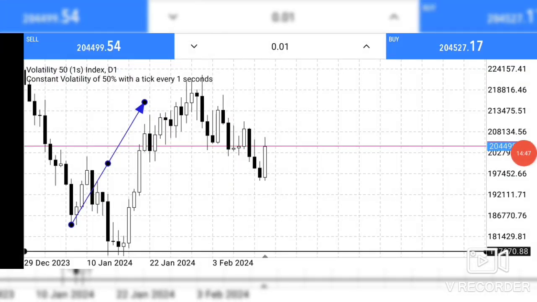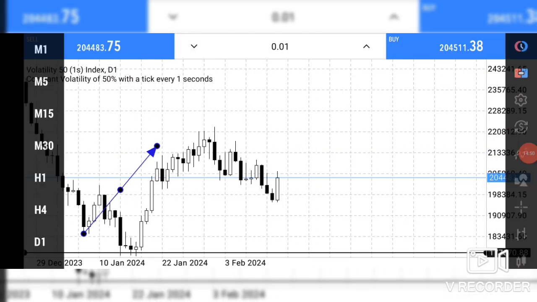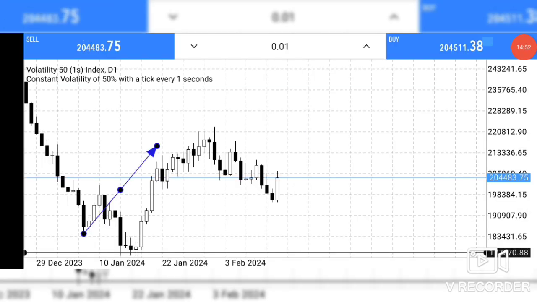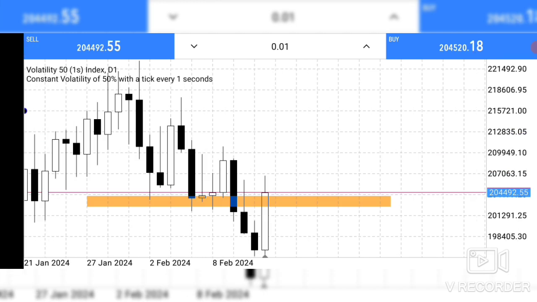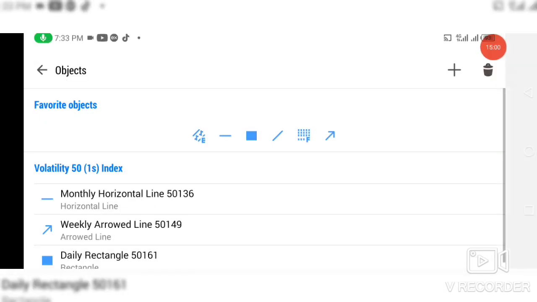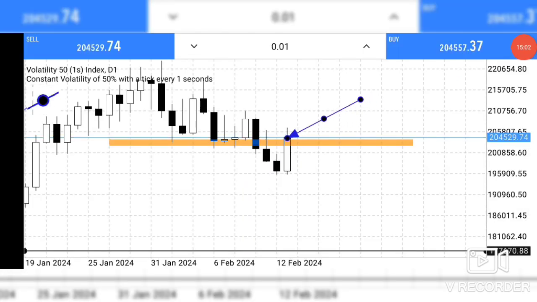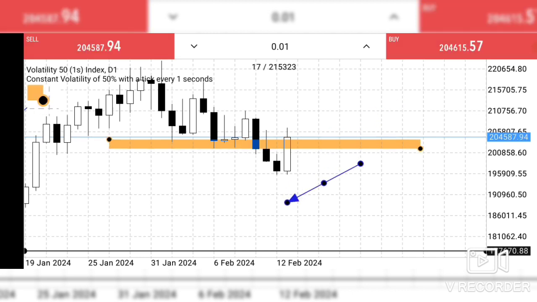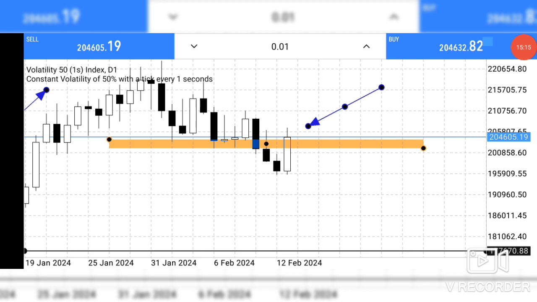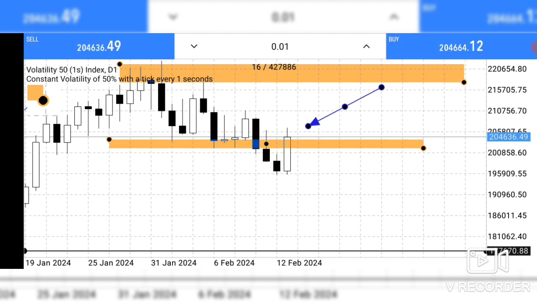Daily is showing us that this market has currently broken this level. You see what I'm doing, I'm running price action analysis. It broke this level, but today we have a fake breakout on this side, so the market is tending to close below this structure. If it closes below this structure, then it's going down. But if it closes above this structure, there is likelihood it will come back to test this resistance zone, and from there, you know that you should be buying in that case. So that is it.